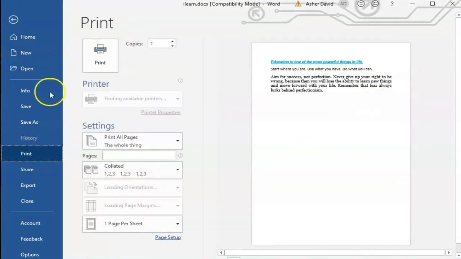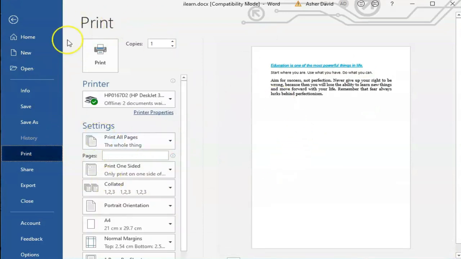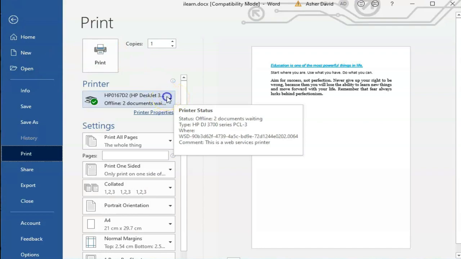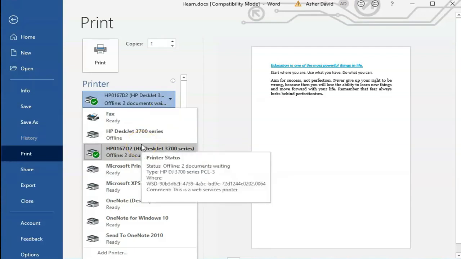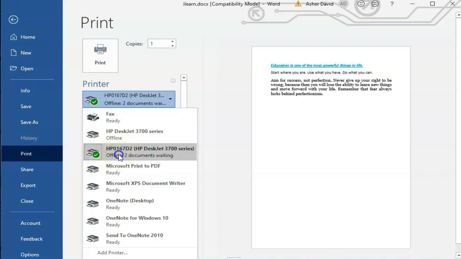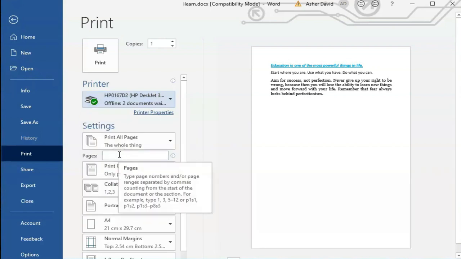the following screen will appear. Now from here you have to select the printer which is connected to your computer or laptop, and you can identify it by this green tick. So select the printer, then